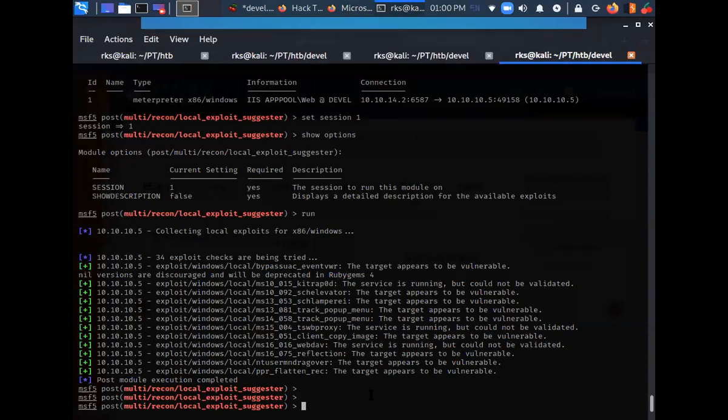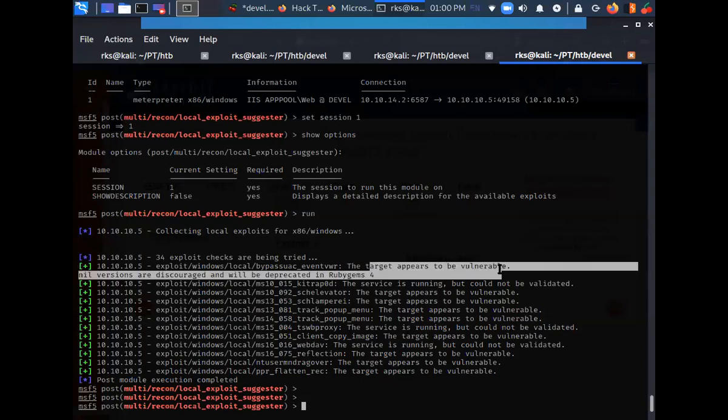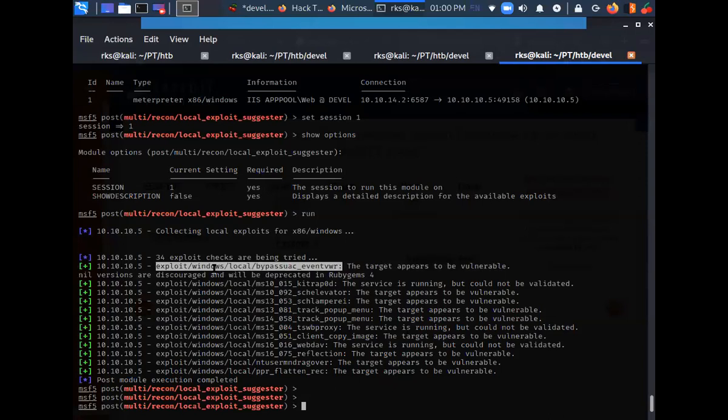So let's just try to use some exploit here. Let's use the first one. Okay. It says the service is running, but could not be validated. Okay. It says the target appears to be vulnerable. This is the first one. Bypass UAC event viewer.